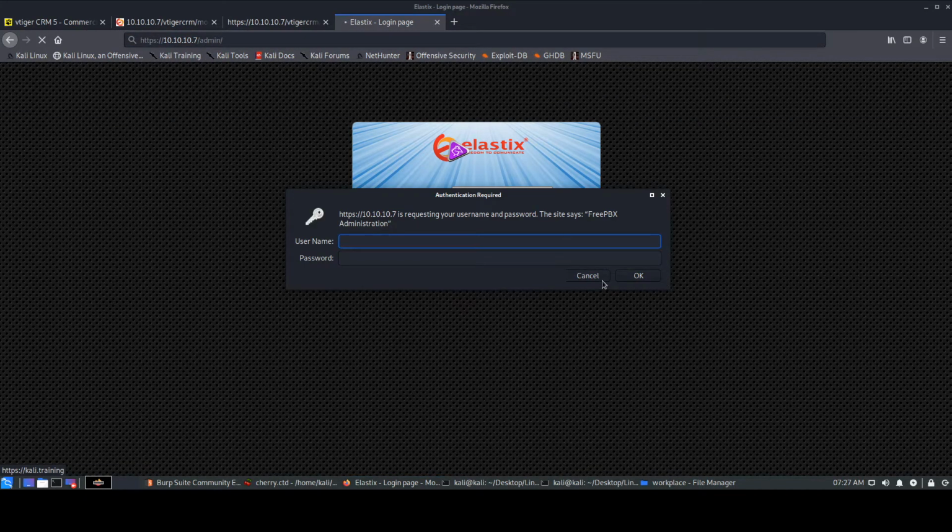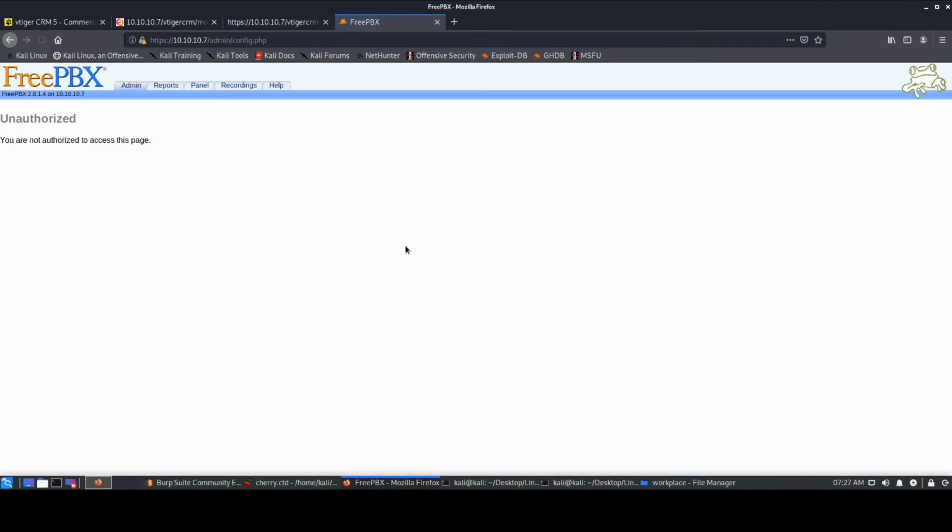It asks for authentication, we cancel it, and we come across this FreePBX thing, right? We come across this unauthorized page, and it shows us the version number. Using this FreePBX, we actually had one exploit done using the extension number. So we have two web applications over here, one is FreePBX and one is this Elastix web page, right?